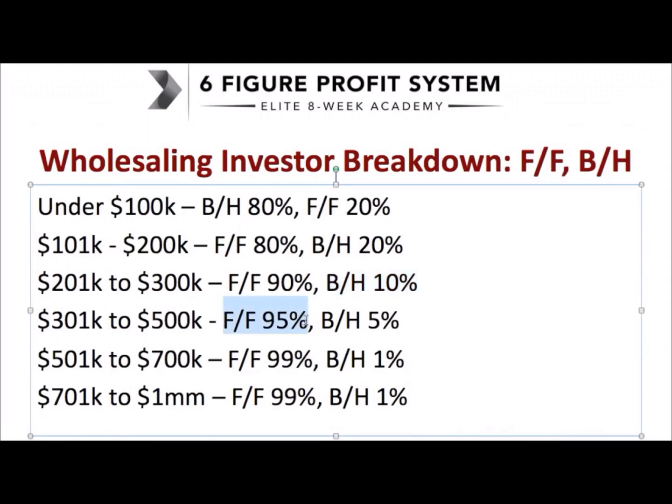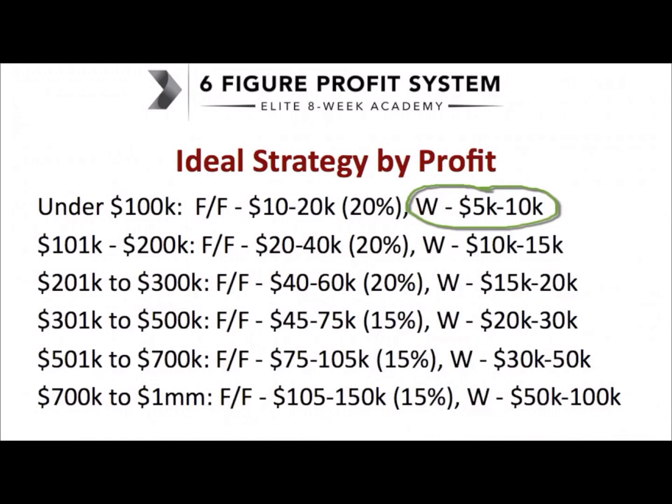So 95% of who you're going to wholesale to between 3 and 5 are fix and flippers. Only 5% are buy and hold. When you get to the 5 to 700, it's like 99 to 1, and same with the 7 to 1. Meaning, as you go up in price, you're going to be wholesaling to more fix and flippers, less buy and hold investors. Now, let's take all of this data, or at least that data we just looked at,